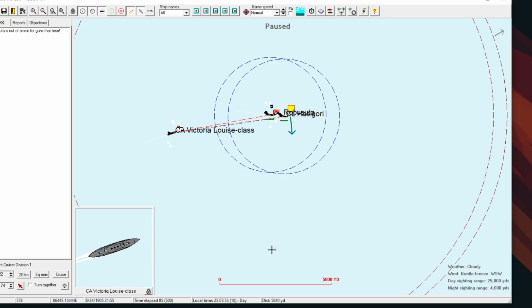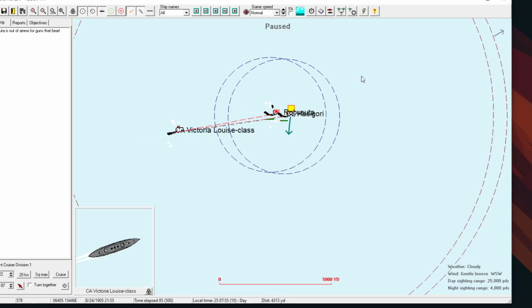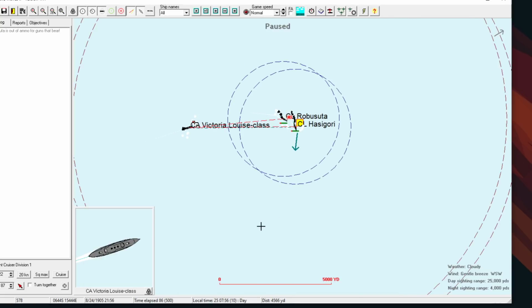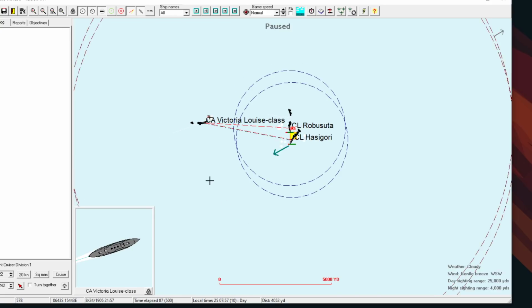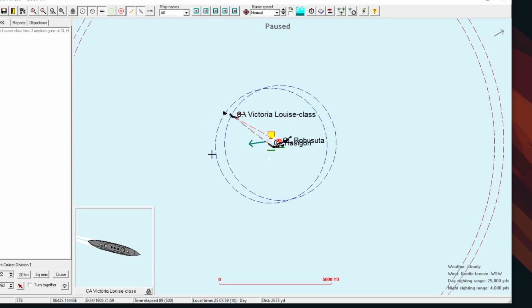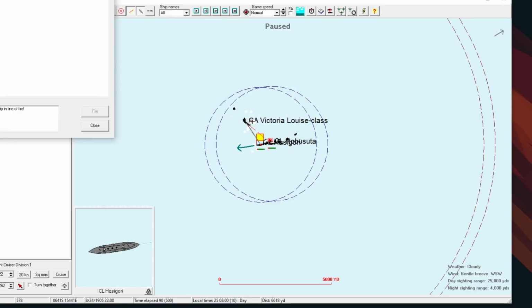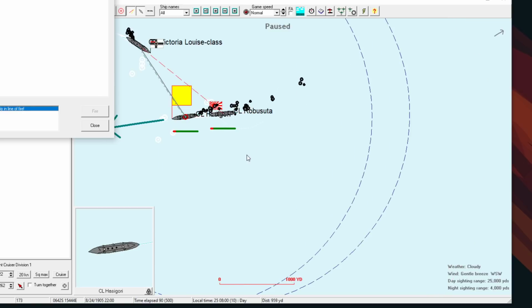Should we? Out of ammo for guns of the bear. Oh, right, because their one turret is disabled. All right, we're going in for the torpedoes. Oh my god. Oh, you got to be...